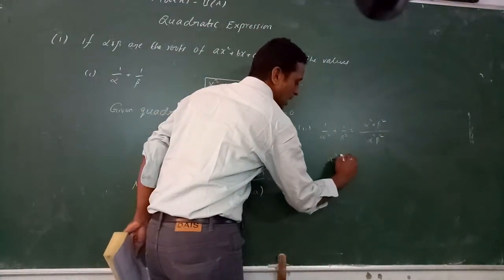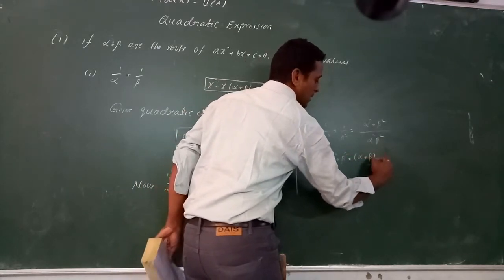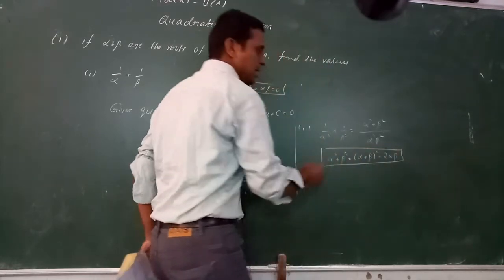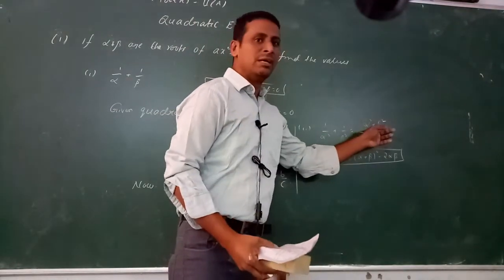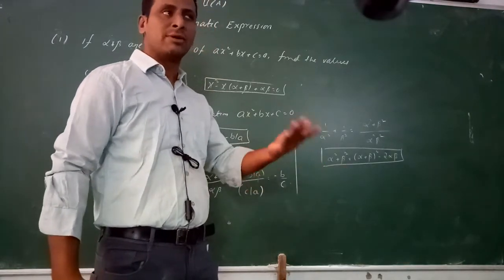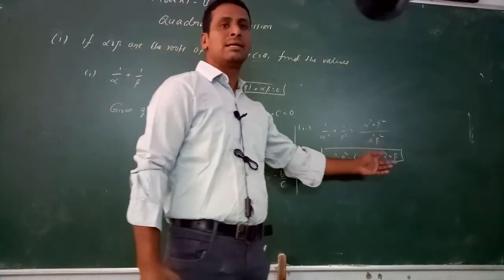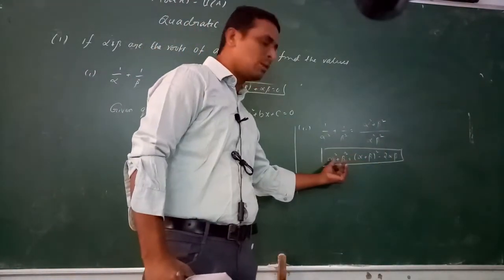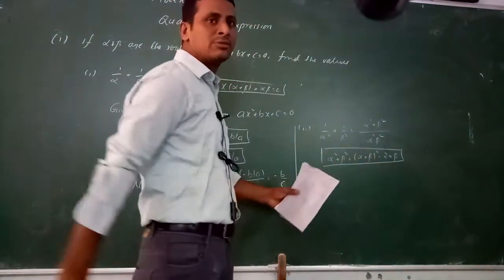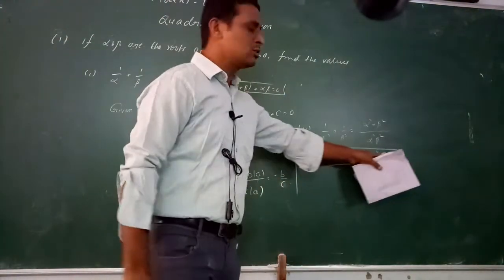What is the formula? Alpha square plus beta square is equal to alpha plus beta whole square minus 2 alpha beta. This is the formula. Why here? This is degree 2. You know already, a plus b whole square is equal to a square plus b square plus 2ab. But here a square plus b square is equal to a plus b whole square minus 2ab. So a is replaced by alpha, b replaced by beta. We know that alpha square plus beta square is equal to alpha plus beta whole square minus 2 alpha beta.